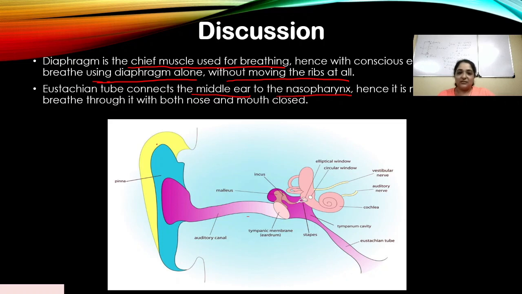So this option B, the eustachian tube, is incorrect. I'm sure you have come across internet sources where they have said that this is possible, but it is not possible. So this is the incorrect answer here. I just wanted to explain why: the eustachian tube will be closed on both sides. If you close your nose and mouth, and your middle ear is also closed by the eardrum, then it is not possible for air to move out in any way. So by this way it is not possible to breathe.